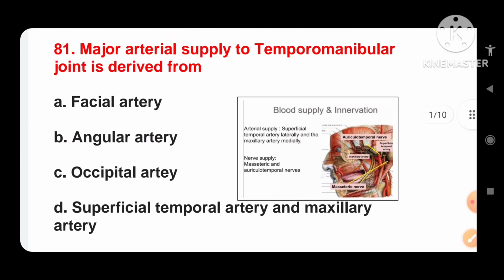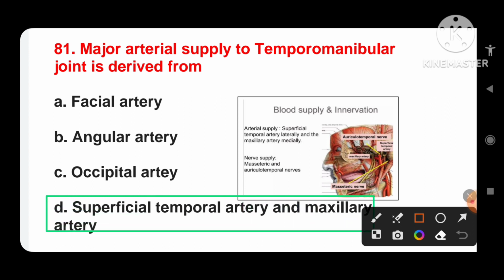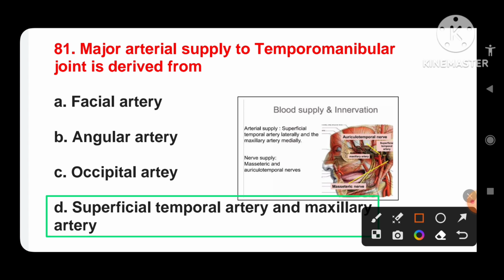So the correct answer would be: major arterial supply to the temporomandibular joint is derived from the superficial temporal artery and maxillary artery. Okay,